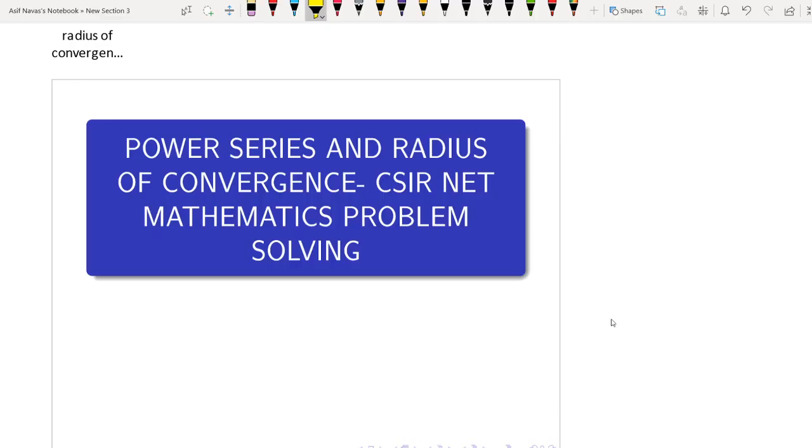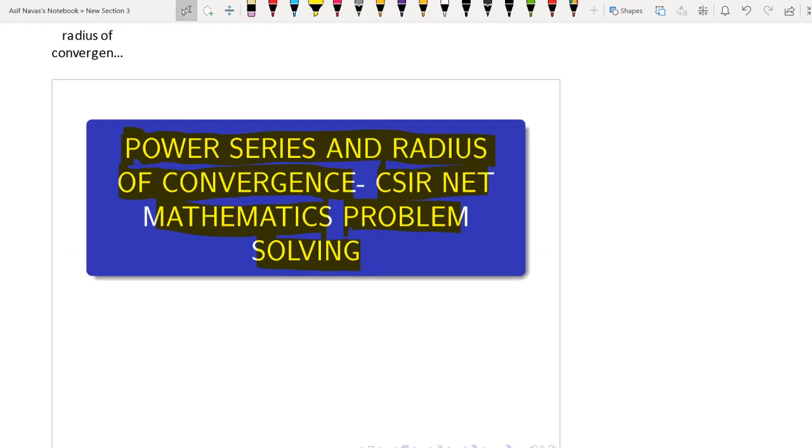Very important topic in real analysis, that is power series and the radius of convergence. Today we will discuss power series and radius of convergence and CSIR mathematics problem solving session. Here we will solve all problems in the CSIR NET examination that involve radius of convergence and power series. Okay, so first we will discuss